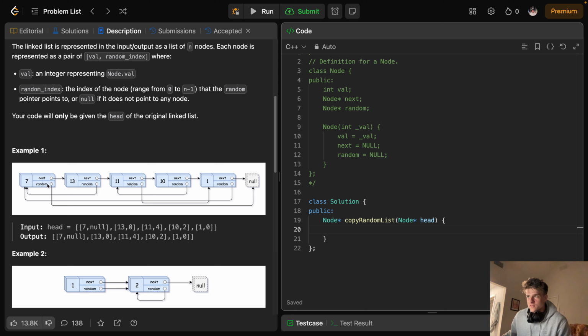But this linked list that we're given also has a random pointer in addition to a next pointer, and the random pointer points to either a null pointer or any other node in the list, right? So they basically want us to just return a deep copy of the list they give us, and it needs to basically be exactly like the list they give us, right? So